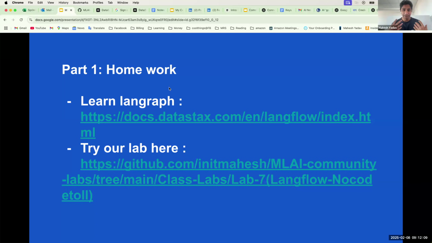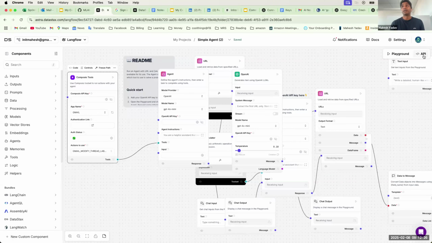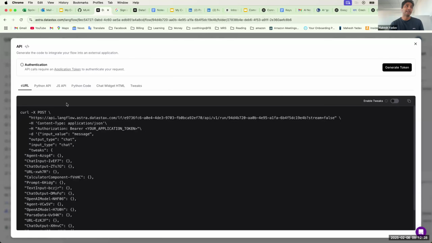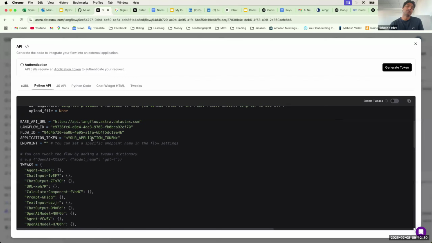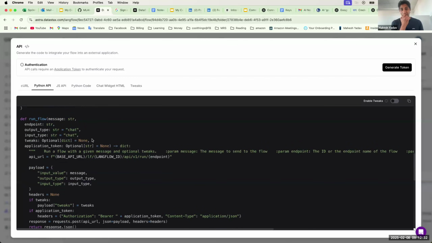But this tool is amazing. So far, there are some things here and there that this tool can do better. But I think it's a very powerful tool if you're building your agents in 2025, and it's no code, and you can connect this to your front end also. So if you are done, you can just take it as an API, and then you can connect it with this much code, and you can have your own front end, and you can start taking feedback on your products. So I'm going to leave you with that.